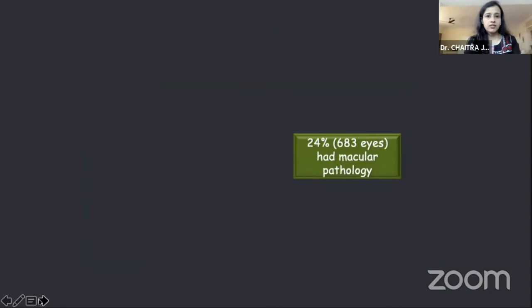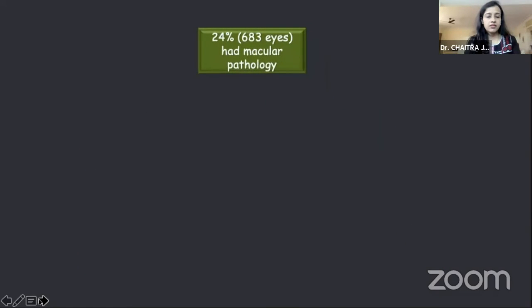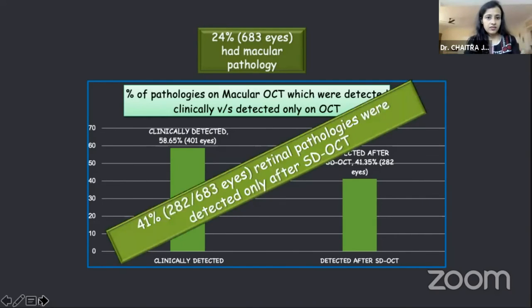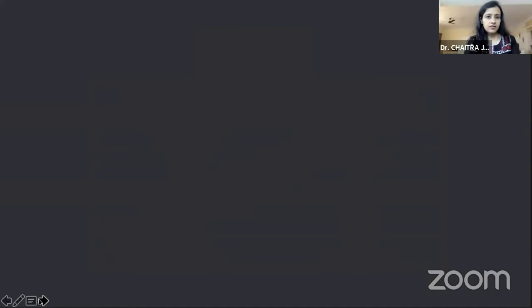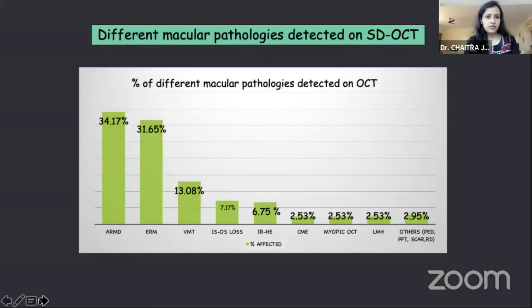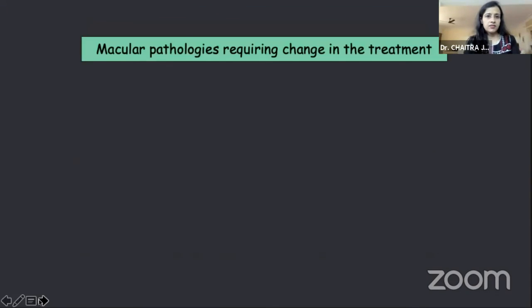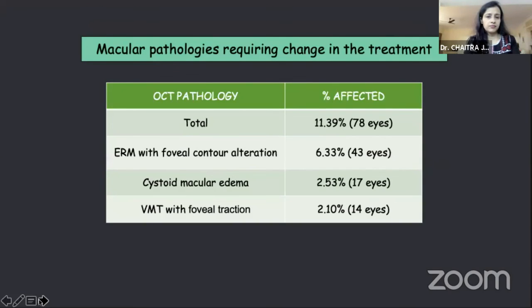Because that's the same question I wanted to ask you anyway. What percentage of your patients, you have written it here, 24% had macular pathologies. And the second question is... Yes. I think I'll ask the question. If you have slides, you can show it so that will save time. Second question is, through this dense cataract, what kind of an OCT would be better for somebody who wants to invest in an OCT for all the cataract surgery?